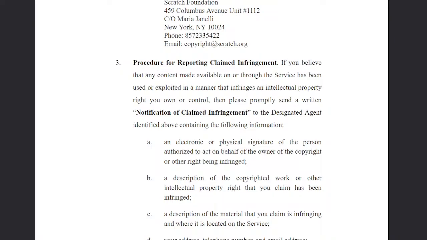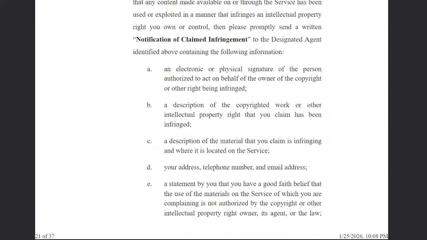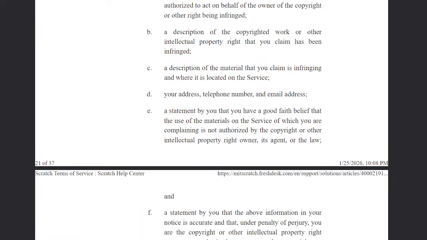Procedure for reporting claimed infringement. If you believe that any content made available on or through the service has been used or exploited in a manner that infringes an intellectual property right that you own or control, then please promptly send a written notification of claimed infringement to the designated agent identified above, containing the following information: an electronic or personal signature of the person authorized to act on behalf of the owner of the copyright or other right being infringed, a description of the copyrighted work or other intellectual property right that you claim has been infringed, a description of the material that you claim is infringing and where it is located on the service, your address, telephone number, and email address, a statement by you